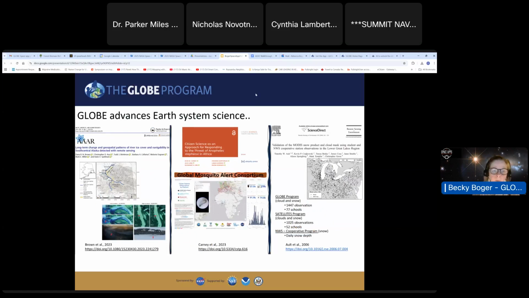It's also advancing Earth system science. In the data, the citizen science or the student data that are being collected can then be used for a variety of different types of science research to, again, advance our understanding of our Earth. And looking at, for example, in a few of these screenshots of different applications, looking at change in geospatial patterns of river ice, cover and navigability in South Central Alaska,